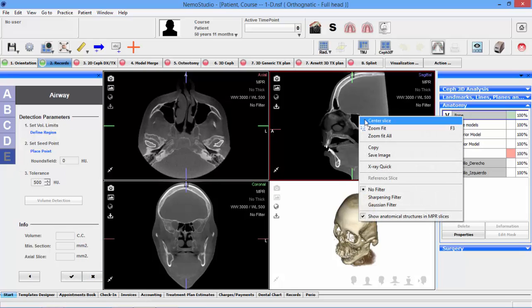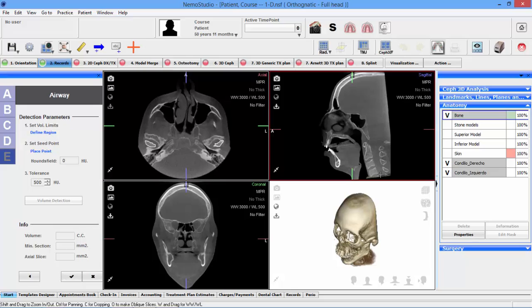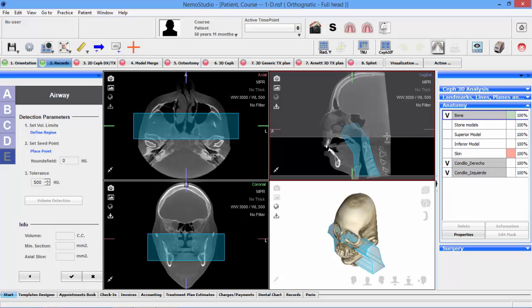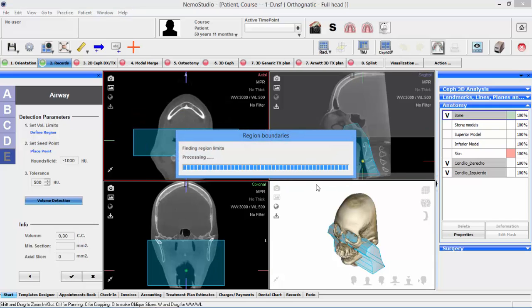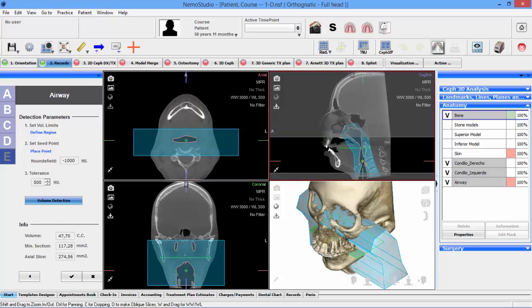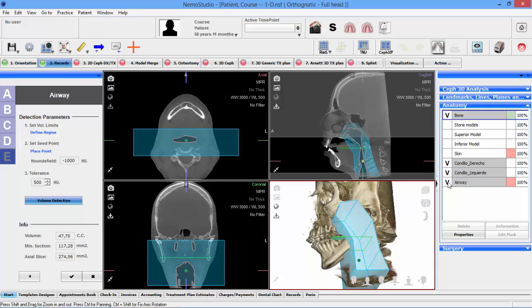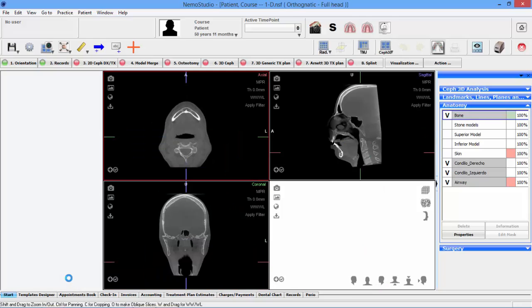So you center the slice, you define the region where the airway is, double click to finish, you limit where you want to measure, you place a point in the airway, you click on volume detection, and then the program calculates the volume of the airway, and it will create a new structure here. So it's the same as in the previous version. So let's